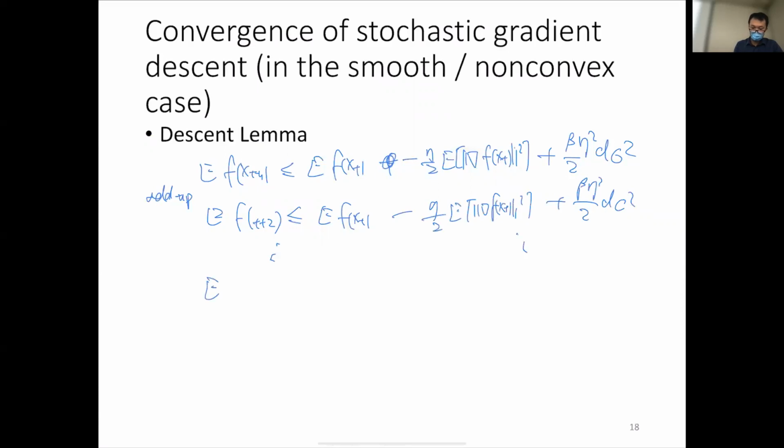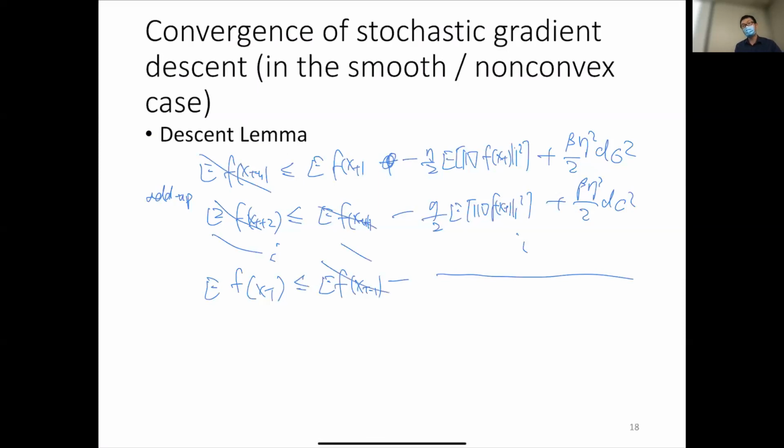I'm going to add it all the way up to f of x_t. You can see that from the first item to the last item, this is plus 1, and this will cancel with that, and this will cancel with that, and this will cancel with that. And all we get, now that we can group all this gradient together and move it to the left-hand side, is this gives us